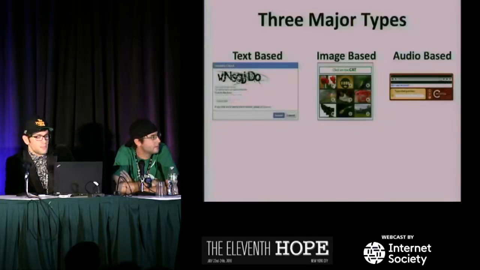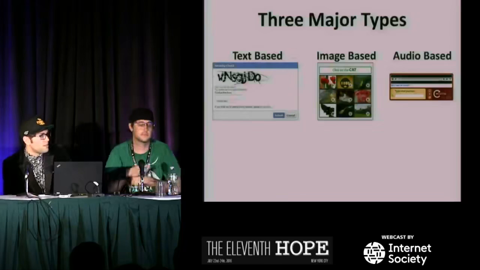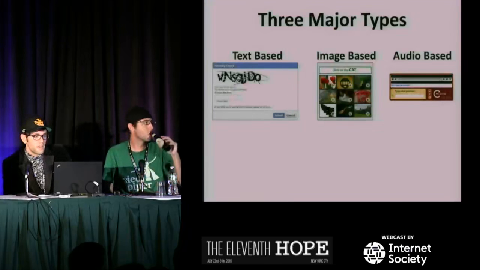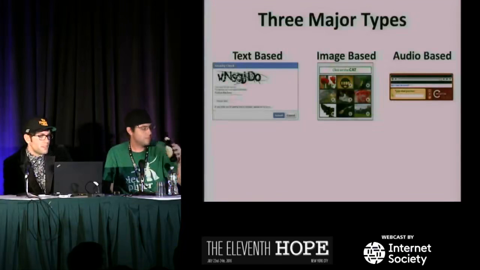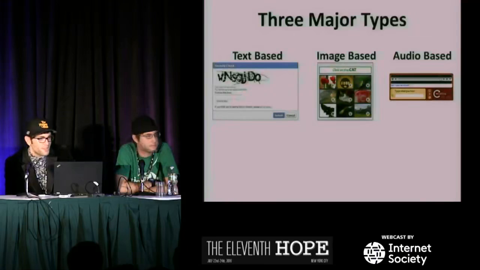So there's three major types. The text-based one, you've all seen this, right? Alphanumeric characters with some noise added in to obfuscate the text. They're very widely deployed. They're easily scalable. They're very unique. They have a very large sample space. And they've been the gold standard for quite some time. We're going to talk about how they've fallen out of favor when we get into our attack section. But you still see them just about everywhere because they're so easy to implement, and you can just find them on every PHP bulletin board, comment section, whatever. They're going to be there.